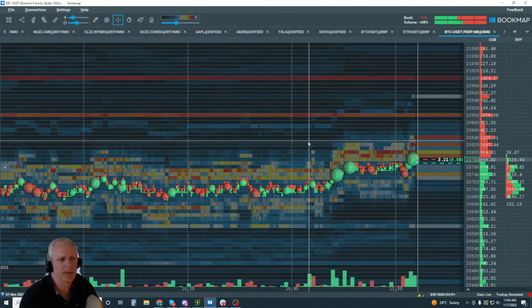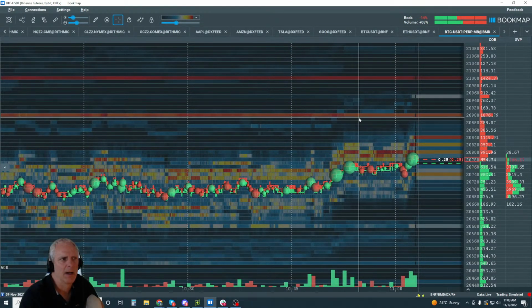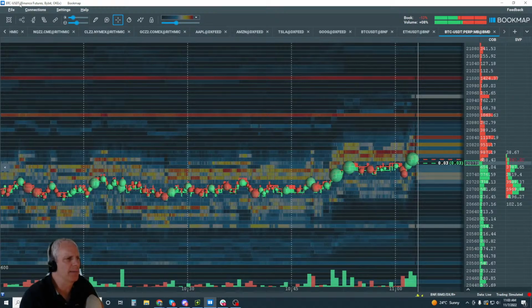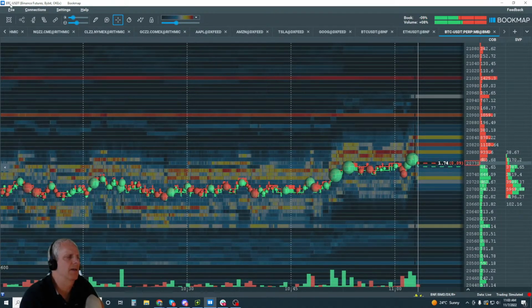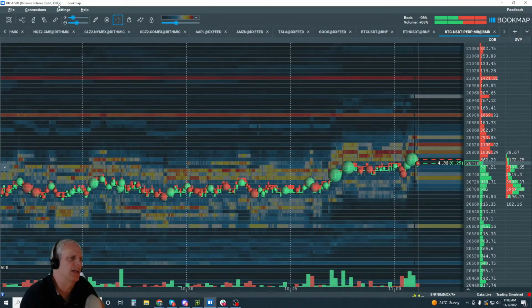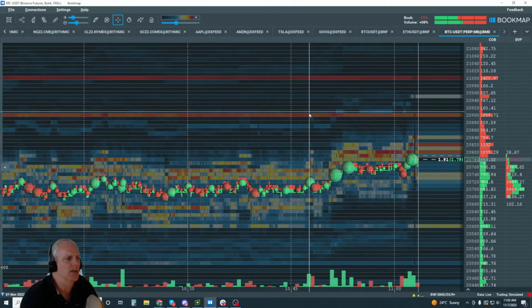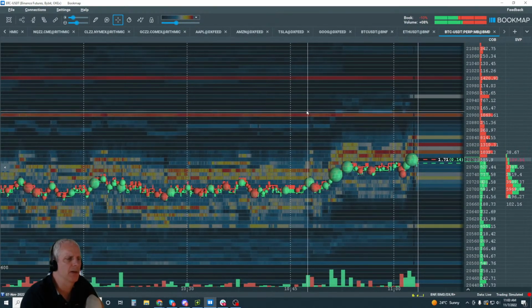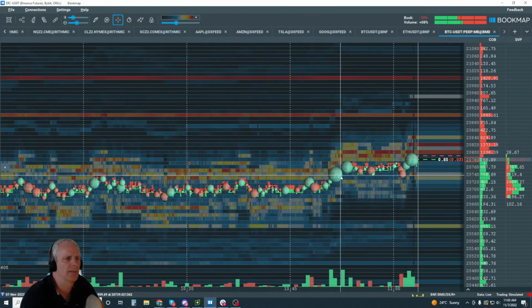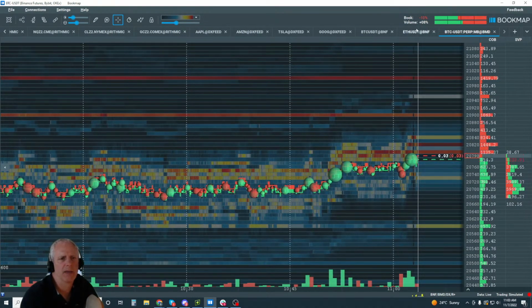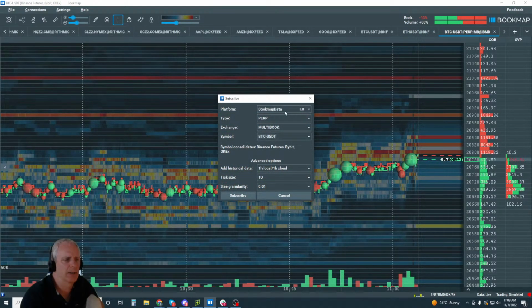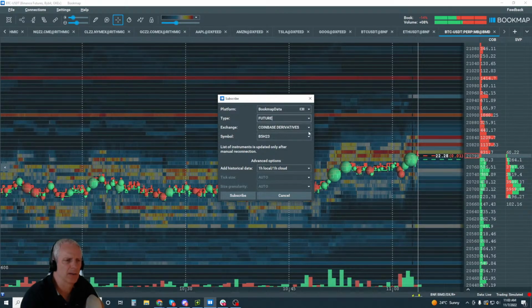Now, note that it's going to be very different in here. These are the exchanges in the top left-hand corner: Bitcoin USDT for Binance Futures, Bybit, and OKEX. So the liquidation indicator in here is going to be a little different than this one, which is for Binance Futures only. So in fact, let's add another one. Let's not add a perpetual. Let's just go with a futures product in here.